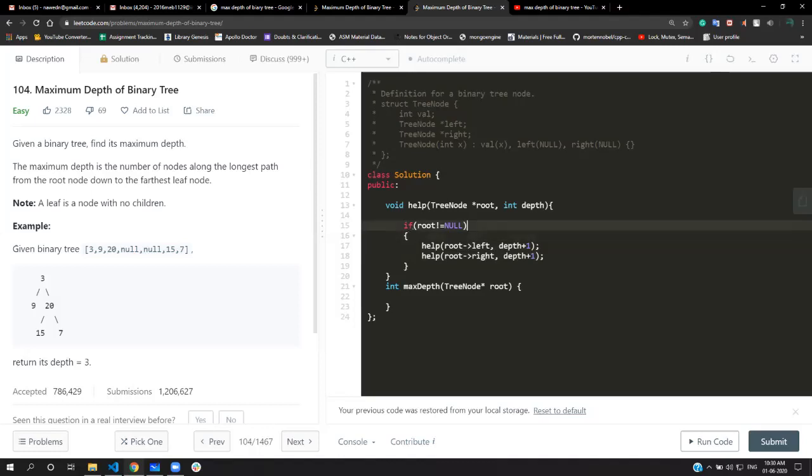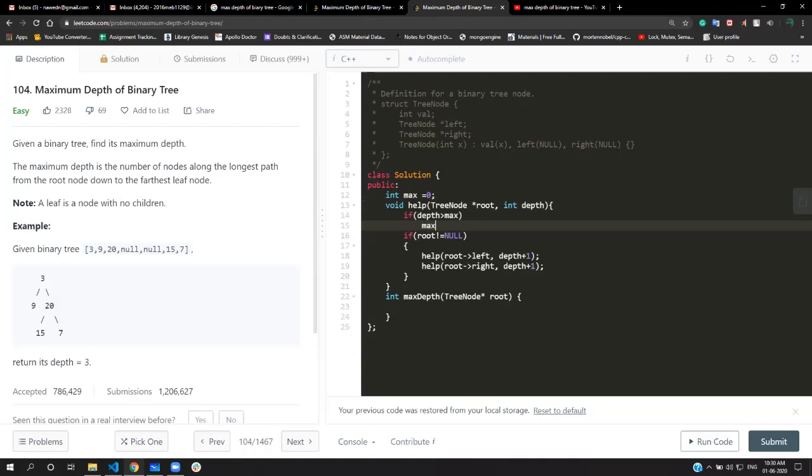Now, how will we keep check of the maximum depth that we have got? Let's keep a global variable max, which is initialized to 0. If any depth is greater than max, then we update the max.